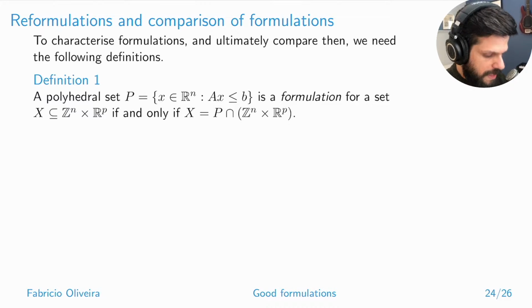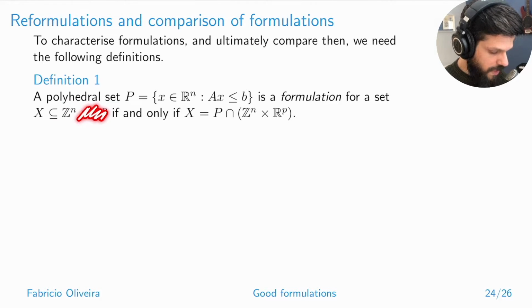So in order to characterize formulations, and with the ultimate goal of being able to compare them, let us first define what is a formulation in a formal setting. So we say that a polyhedral set P is a formulation for my problem, that problem being a set composed of mixed integer elements. So if P is 0, we get this, and this is the collection of dots that we had in the